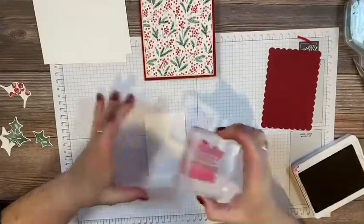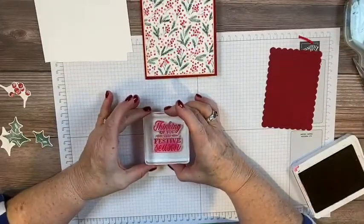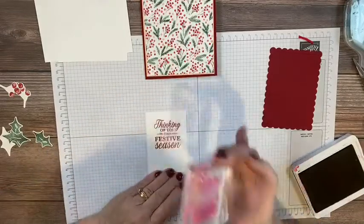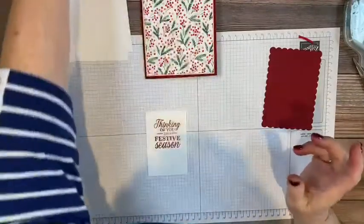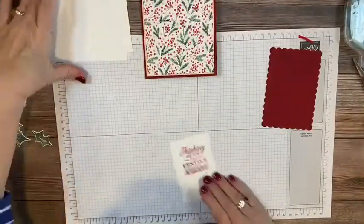Towards the top. There we go, very nice. I'll set my stamp aside. I know I'm going to come back to this ink, so I'm going to put it over here for a minute. I also wanted to have